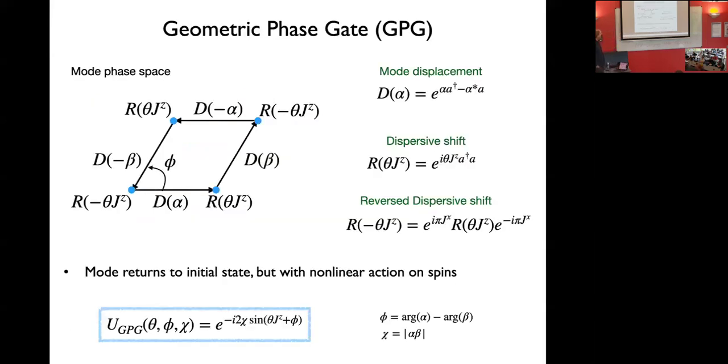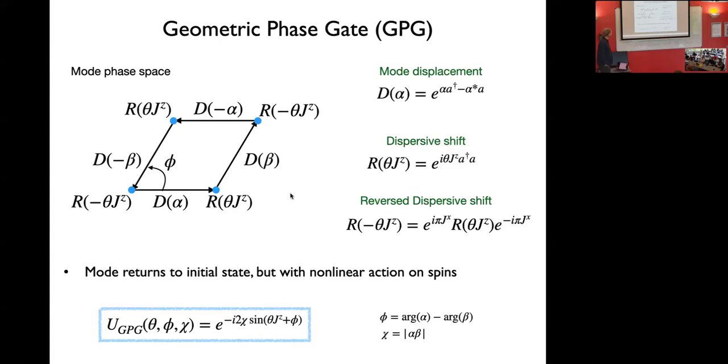So the principle of this geometric phase gate is it's just a walk around phase space. So if we were to think about this trajectory as indicating where the mode moves in phase space, defined by the quadratures Q and P,